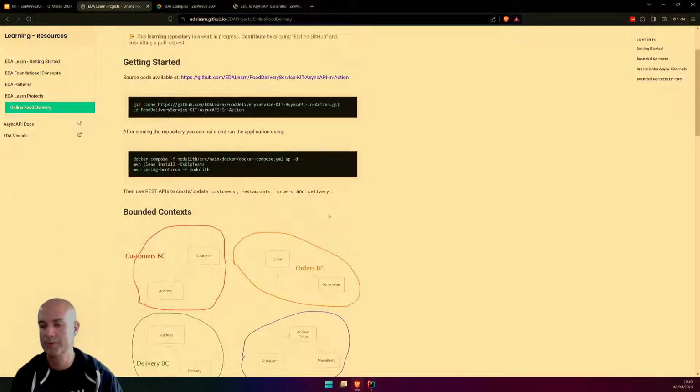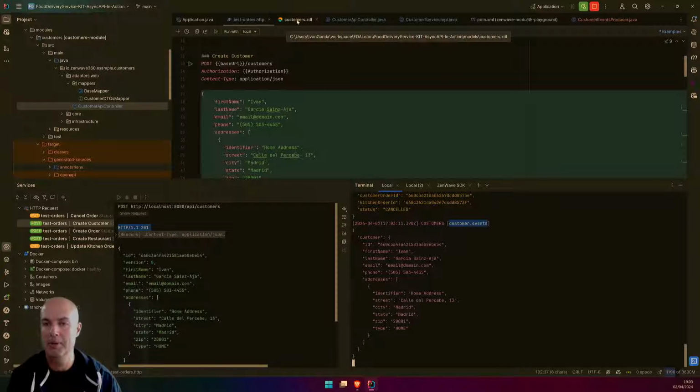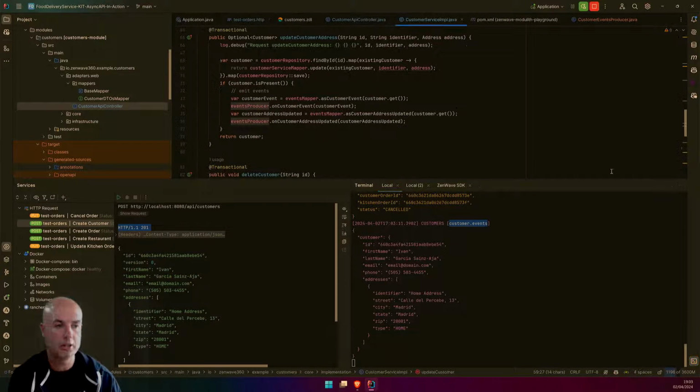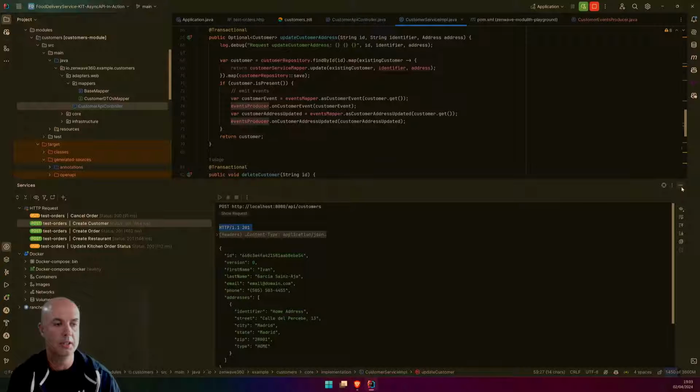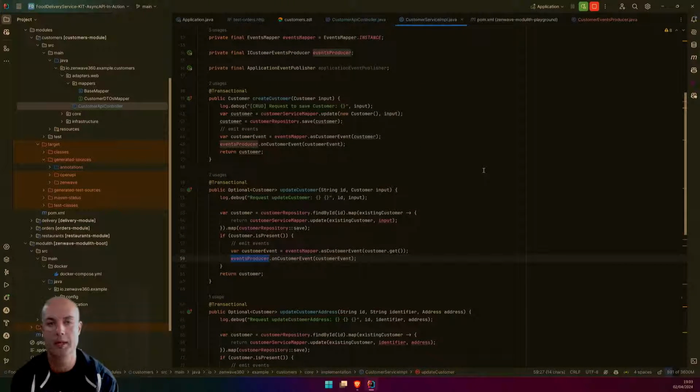Okay, I know that the customer's module is a very simple one. It doesn't communicate with any other modules in this saga pattern, but at the same time, I believe that this implementation here is very similar to many of the microservices that we are building right now in our enterprise.